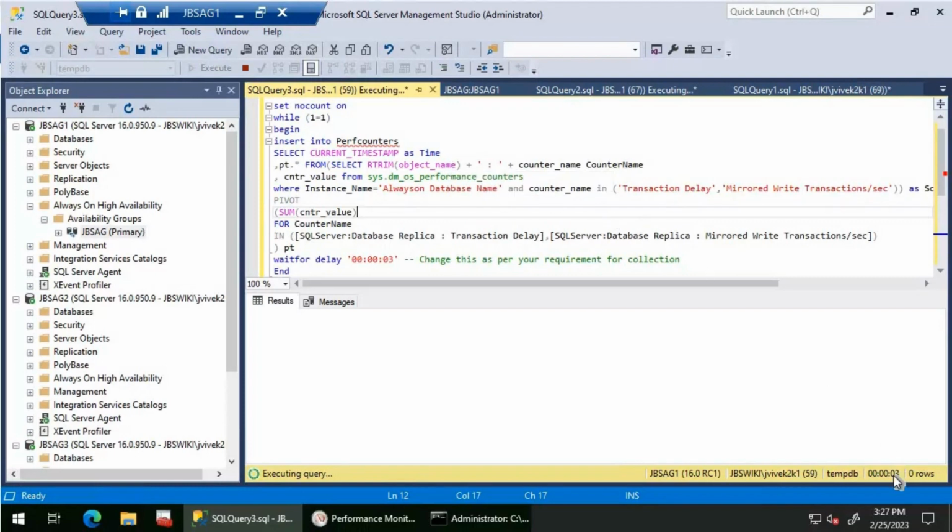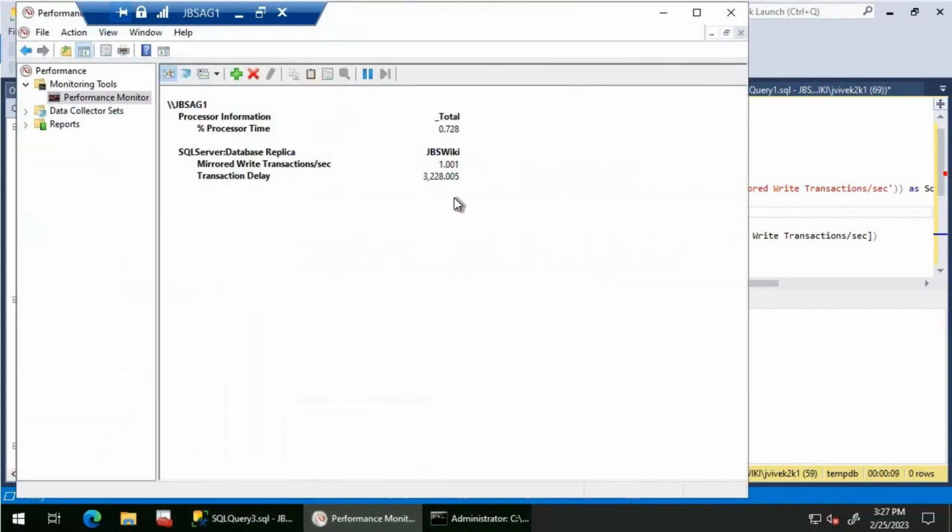Let's allow this to run for say 20-30 seconds so that we have some data. In the meantime, what I'm seeing is that each and every transaction is waiting for 3200 milliseconds, that is 3 seconds. That means each insert without Always On availability group might be completing in say 10 or 20 milliseconds. For moving this 10 or 20 milliseconds insert that happened on the primary to your synchronous secondary, whatever you're trying to move to JBS AG2 is all good because both are in East US. But when you're trying to move that to the third replica, which is JBS AG3, on Korea Central,